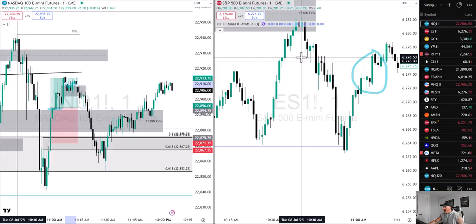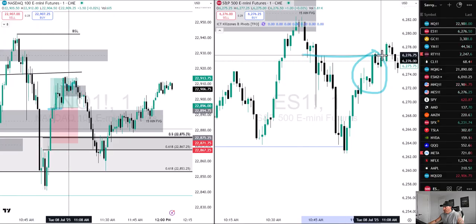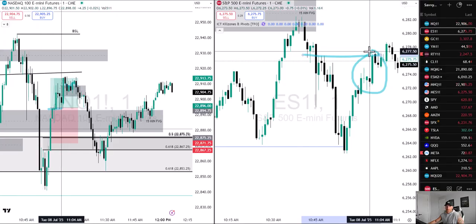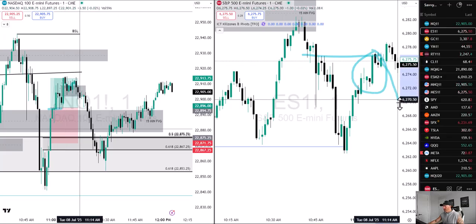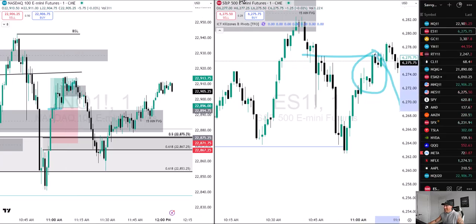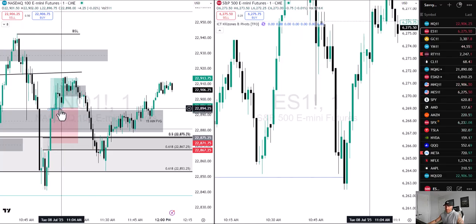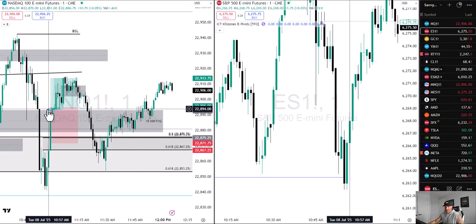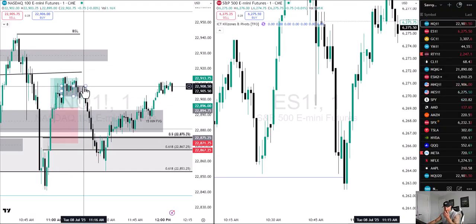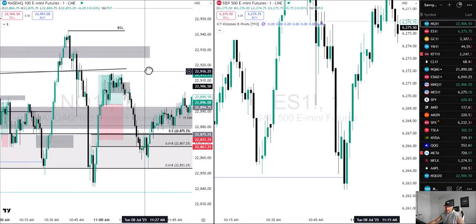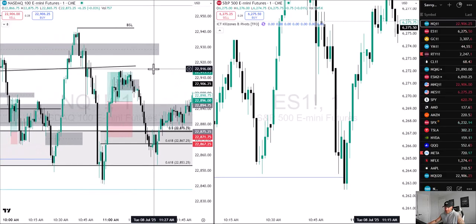So seeing that, I noticed we had taken these equal highs too. And I had said that might be where the liquidity is resting for them to run it back to the downside. So when I saw that, I was like, you know what? I'm going to take some profit off and set my stop to break even. That's what I did, and I got stopped out at break even. So either way, good trade. I knocked off most of my profit at 20 points. And that's it, right? Just managing the trades the best I could.